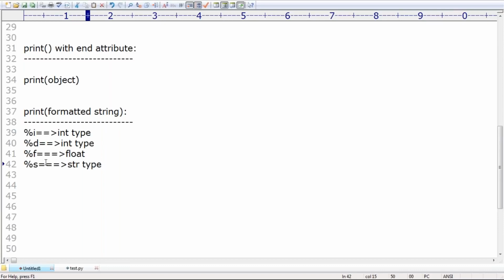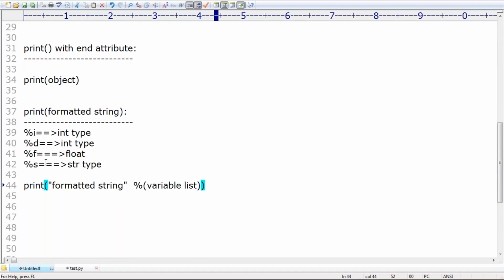Then how can you print? How can you use these formats? Very simple: print of formatted string. You can take any formatted string. Next the space, not comma. Remember that space. Then percentage, space, percentage, and now we have to specify the variable list.